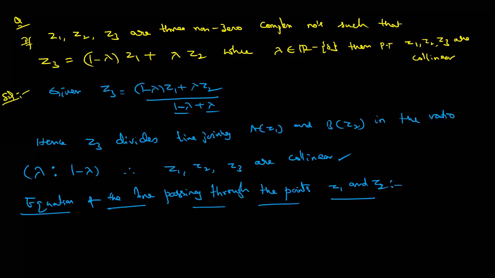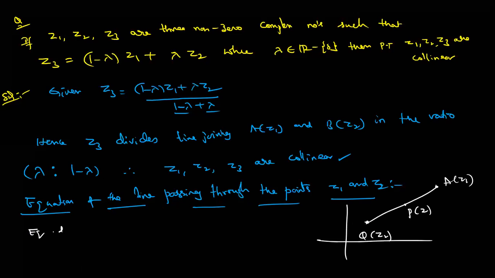Dear students, see, this is the one line. A of Z1, B of Z2, P of Z like that. What is the meaning here? Equation of the line joining Z1 and Z2 is given by